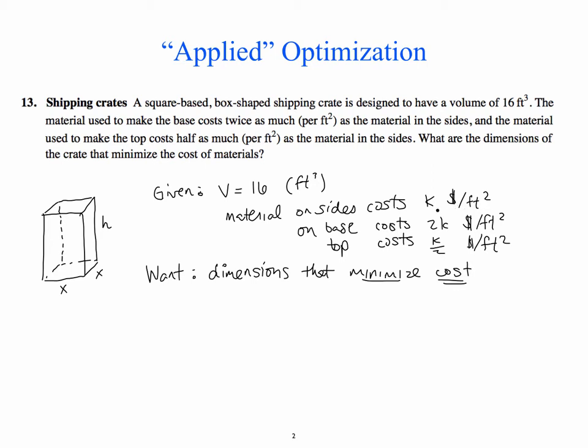So imagine you walked into Home Depot and you were buying PVC pipe by the foot, right? And it costs, say, $2, and that's excessive, but like 50 cents per foot, right? So then however many feet you buy times the cost per foot is how you calculate the cost of the